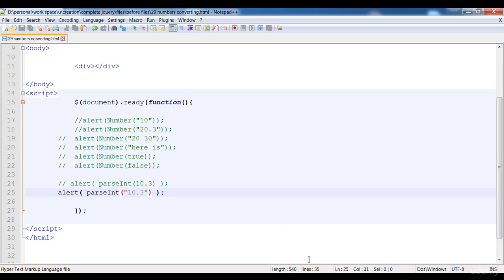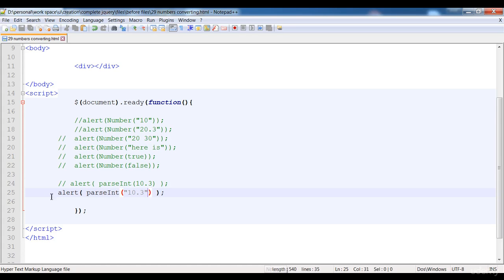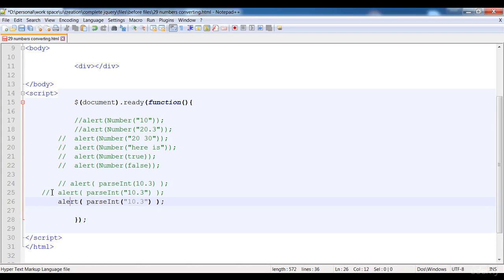So now this string is converted into the number, and it only prints the 10 because it will only return the integer part. It is not handling the point or the decimal part. And here, if we write two numbers like this, 10.3 or